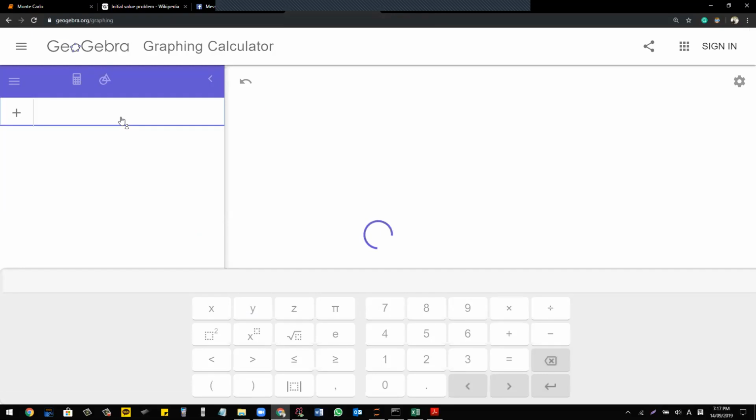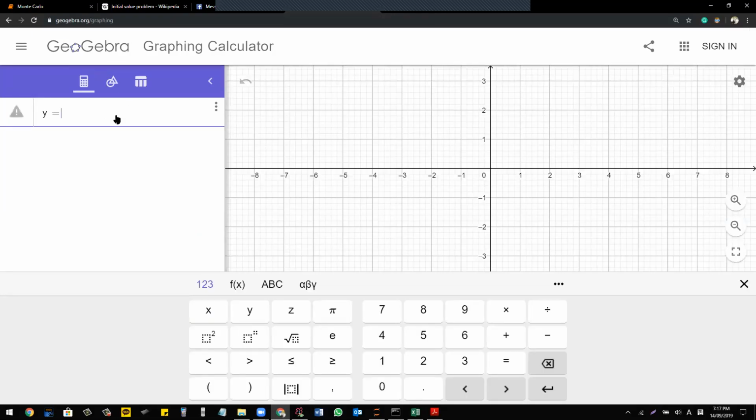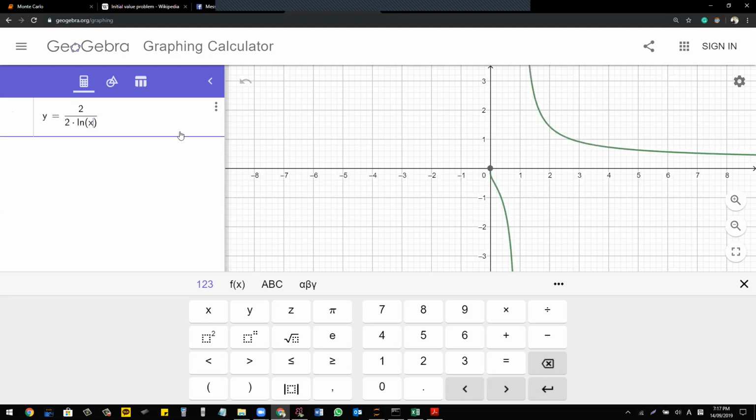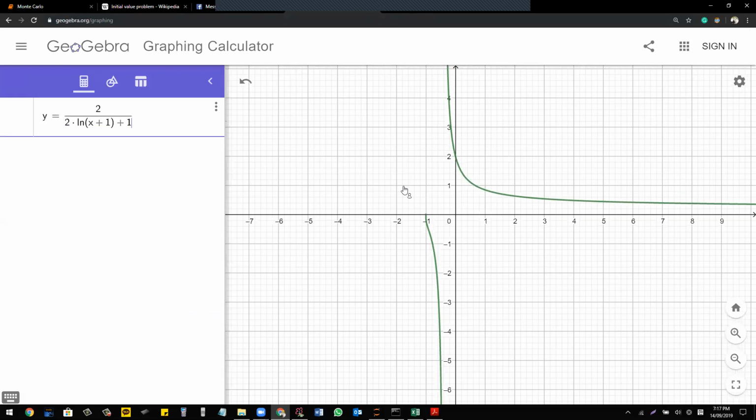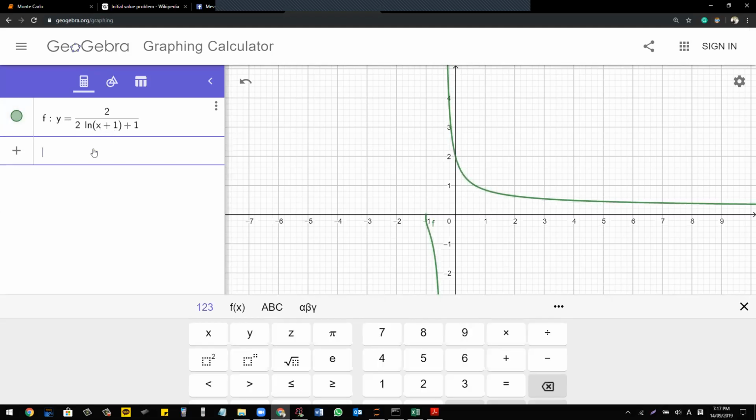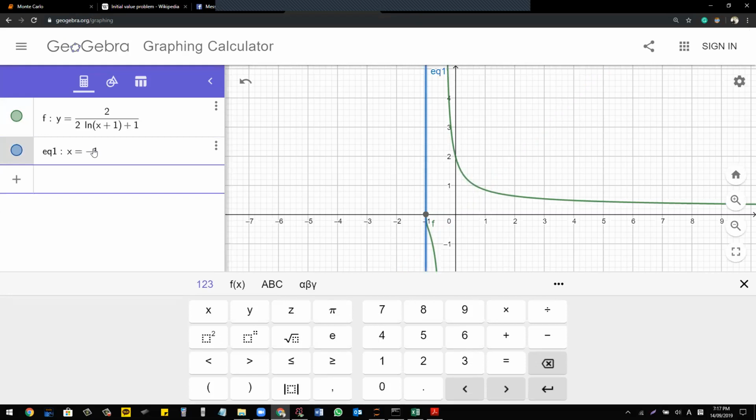So we've got y equals 2 over 2 and then ln 2 times ln of x plus 1, was it? Plus 1. Okay, so we've got a solution like that. As you can see, this function is not defined for x equals negative 1, because inside of a log you can never get a negative, right? That's that line. And if I change this to the absolute value of x plus 1,